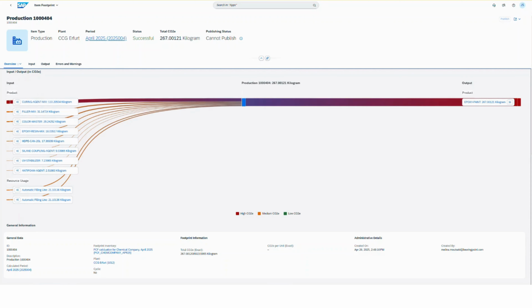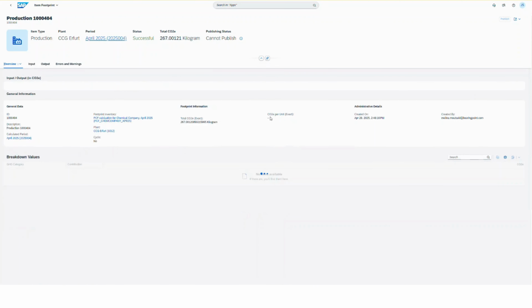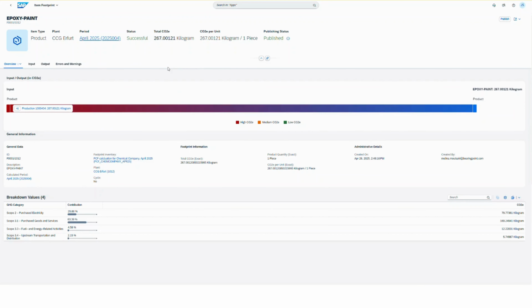But now let's take a look at our final result for our PCF today for the epoxy paint. We have here our total emissions per piece. One piece is 10 kilograms. So we have here for 10 kilograms of epoxy paint, 267 kilogram CO2